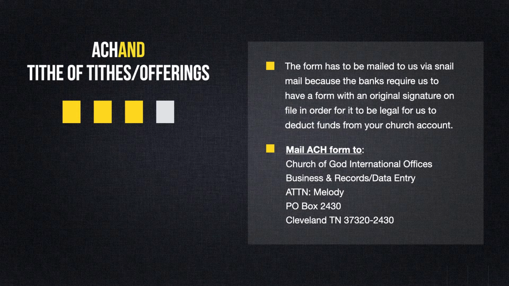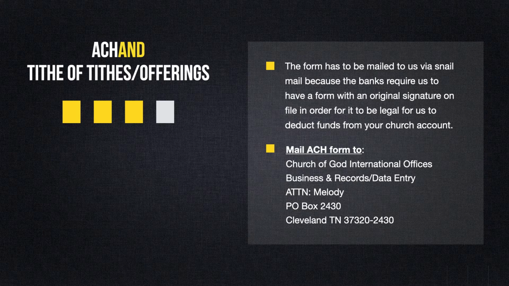The form has to be mailed to us via snail mail because the banks require us to have a form with an original signature on file in order for it to be legal for us to deduct funds from your church account. The address for mailing the ACH form for international offices is Church of God International Offices, Business and Records Data Entry, Attention Melody, P.O. Box 2430, Cleveland, Tennessee